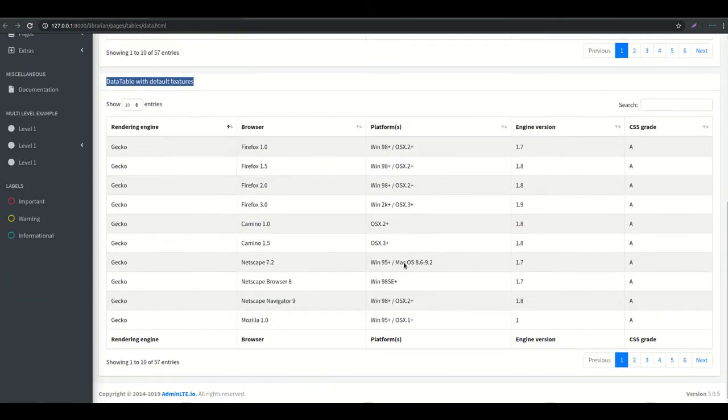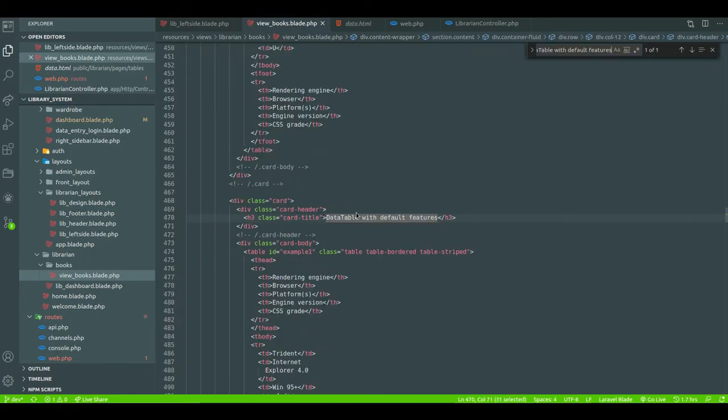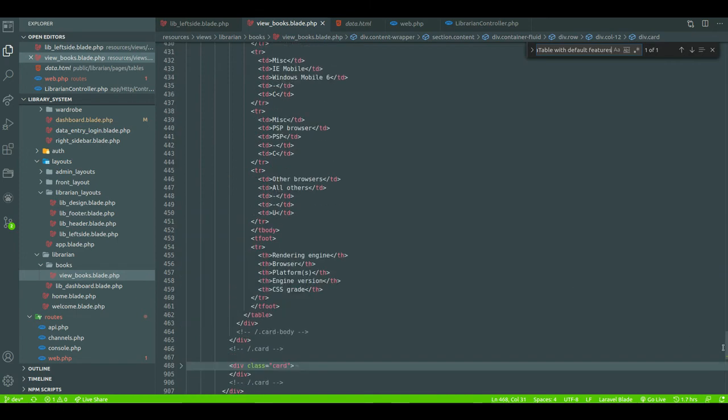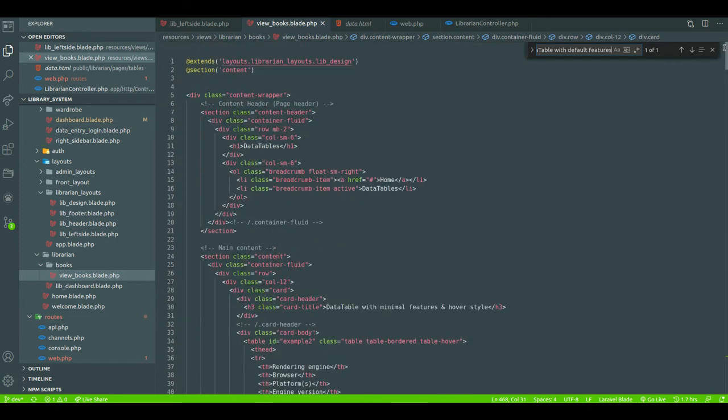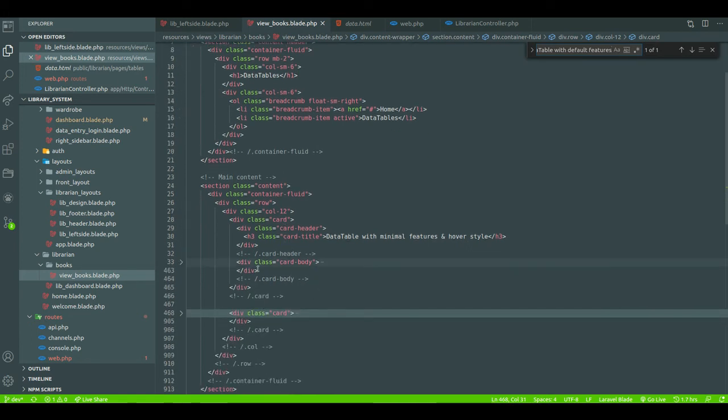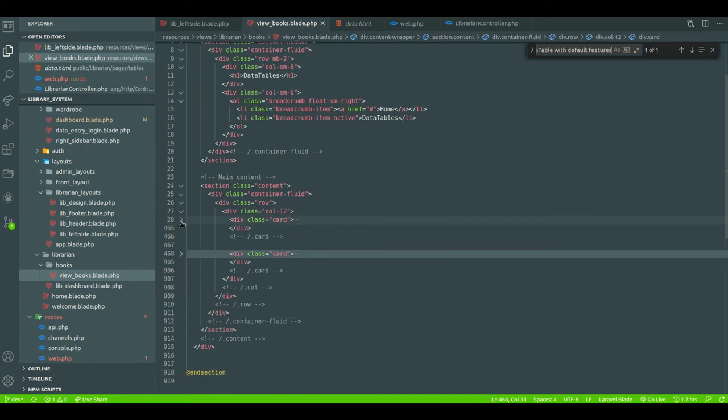Okay, we are searching with this thing we actually need. Card. Okay, this card we don't need, delete one.